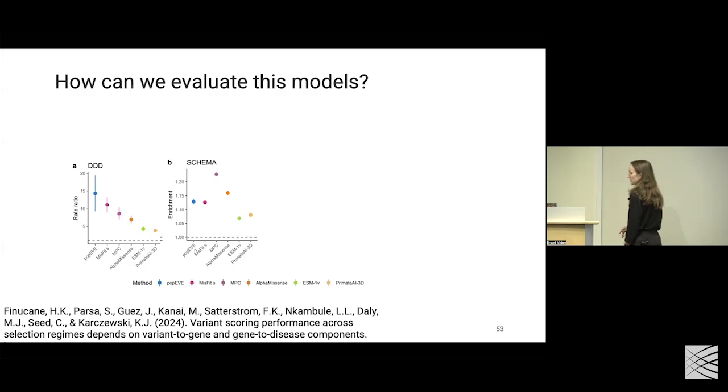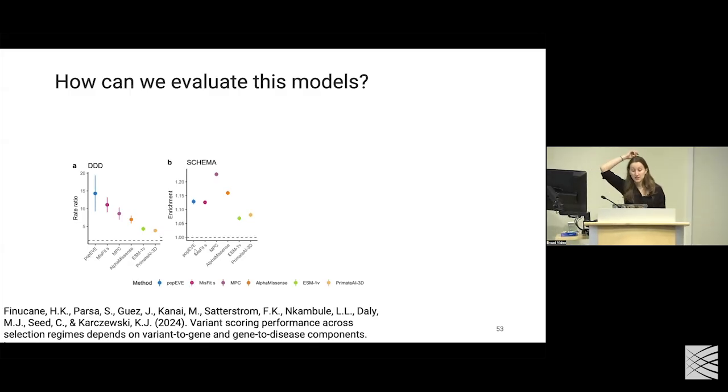So PopEVE is very good at picking those up. But for the next one, we might think of these as being under moderate selection, potentially. We see other models potentially really shining at this. And I suppose you could read the paper to get more of an exposé as to why some of these underlying training data and model architectures are particularly well suited for picking up signal from these different variant classes, called Genetics Gym.